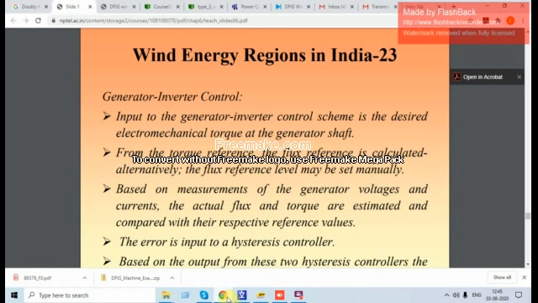For that, see the generator voltage and current will be measured. Then flux and torque will be estimated.